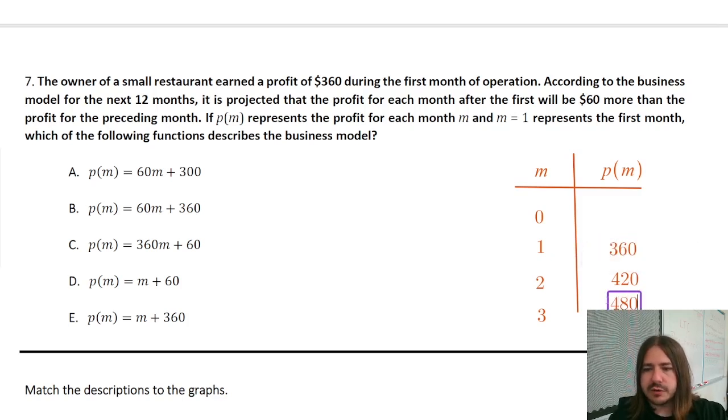And if we work backwards, we get 300. So that's really the y-intercept we're looking for. And since we're adding 60, we can say that our choice, the correct answer here is going to be